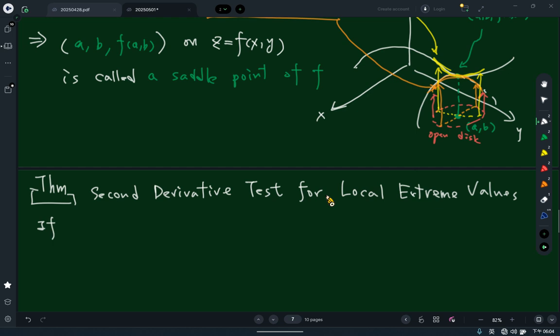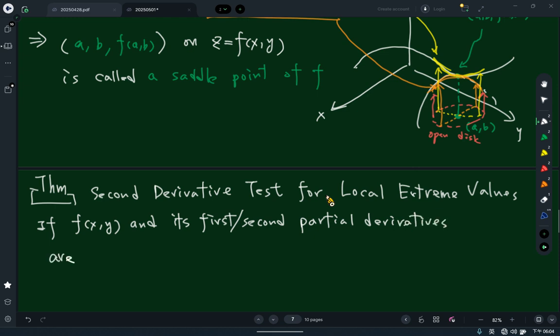If f of x, y and its first and second partial derivatives are continuous through a disk